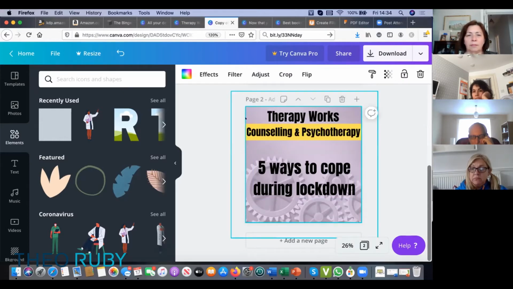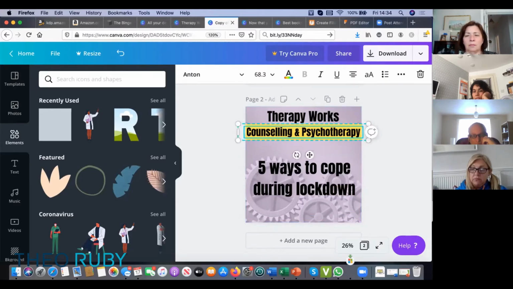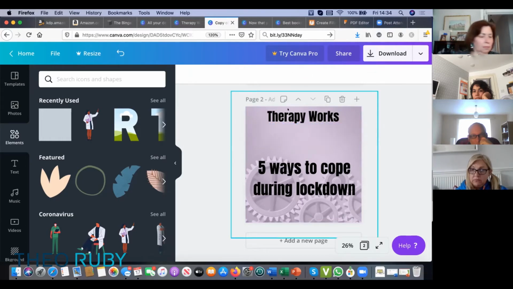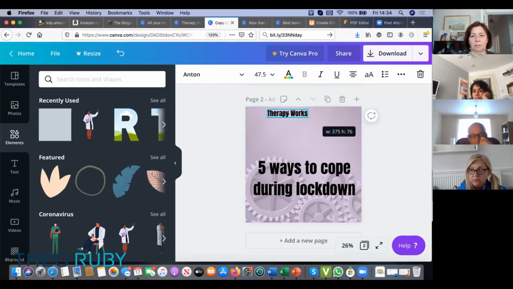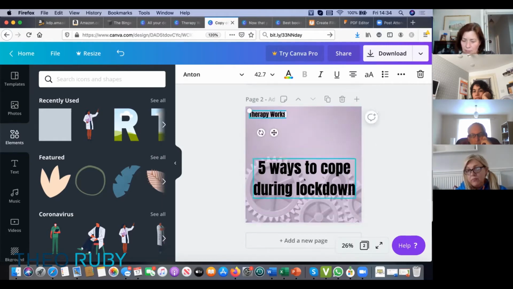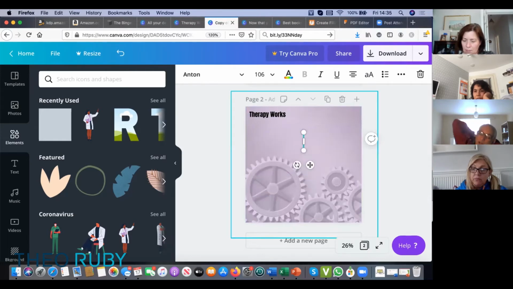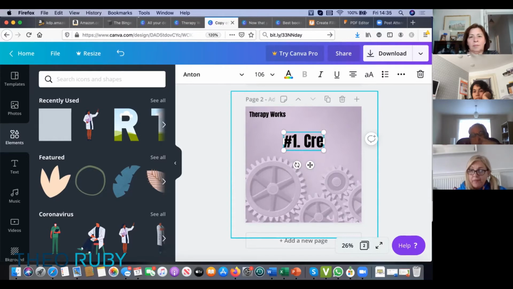So on a carousel, the first image is the most important. We've got that. This we probably don't need, I would suggest. We could get rid of that. We could make this even smaller so that it's just a part of the branding. Or a little logo would work really well with this to make it look kind of particular to you. And then you might do one. It's not going to be the most inspired blog post, but number one might be create